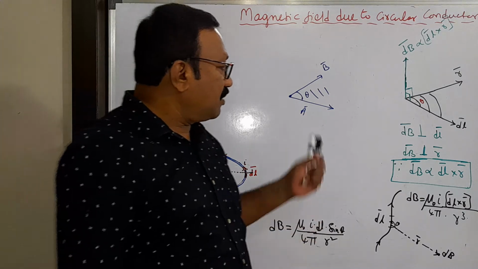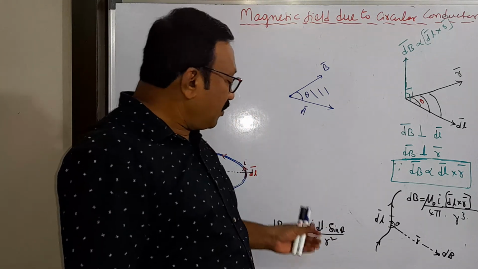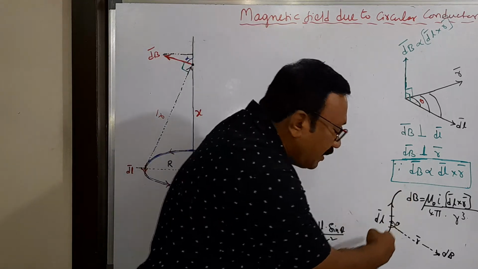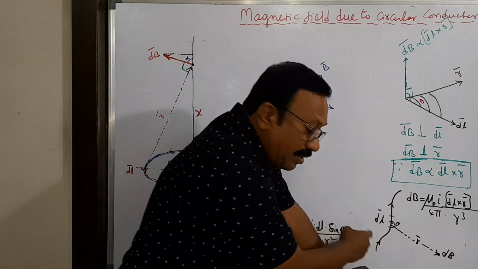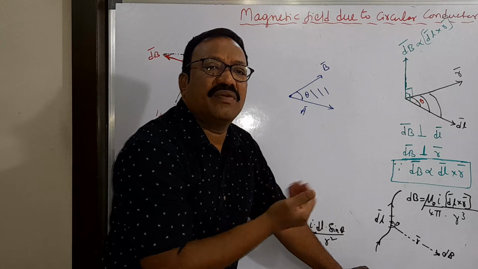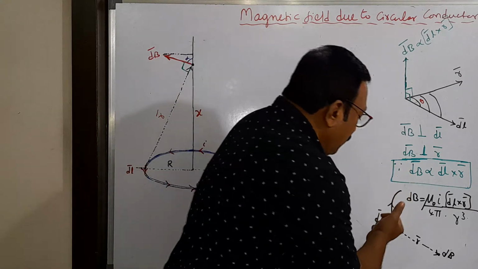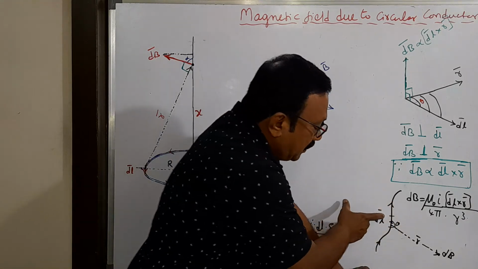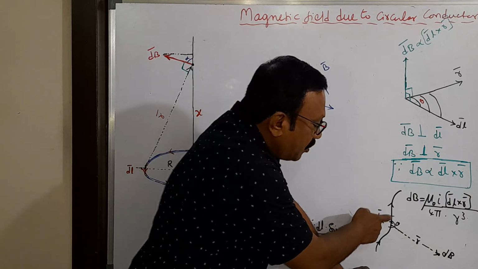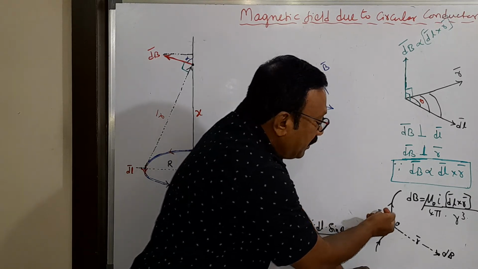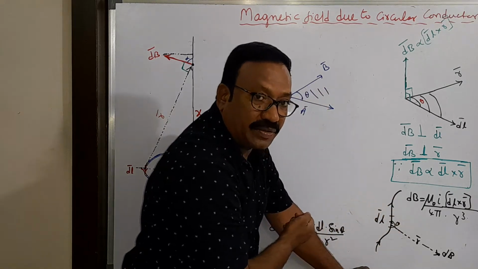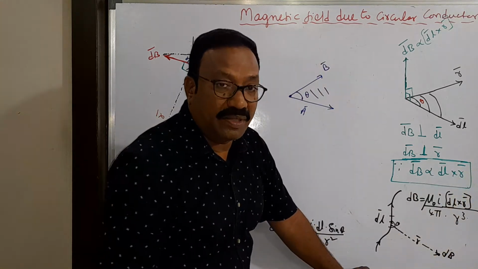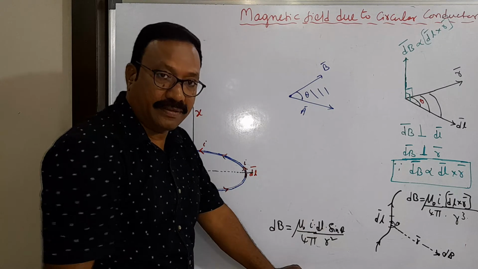Fine. Why did I do this? We are going to use it in Biot-Savart now. So this is Biot-Savart. There is a current carrying wire. There will be a magnetic field around it. Here, due to a small element of the wire, whose length is dl, this is called a current element, and dl bar will be taken in the direction of current only. Due to this current element, at a distance r, what is the magnetic field? dB is given by Biot-Savart law.